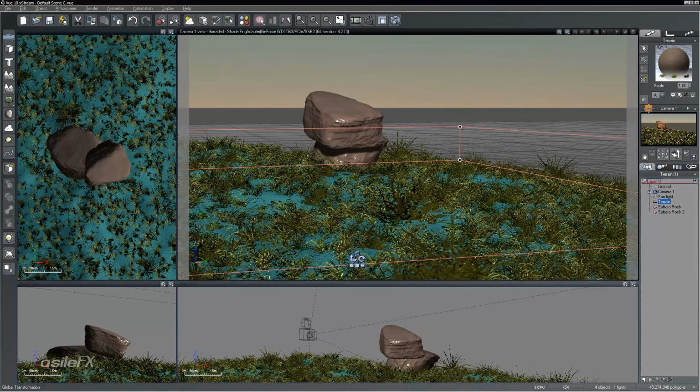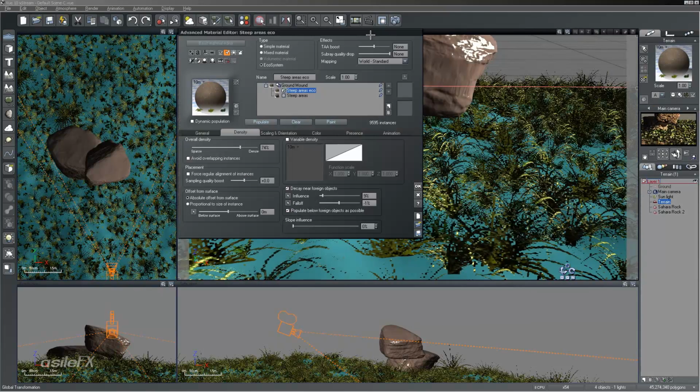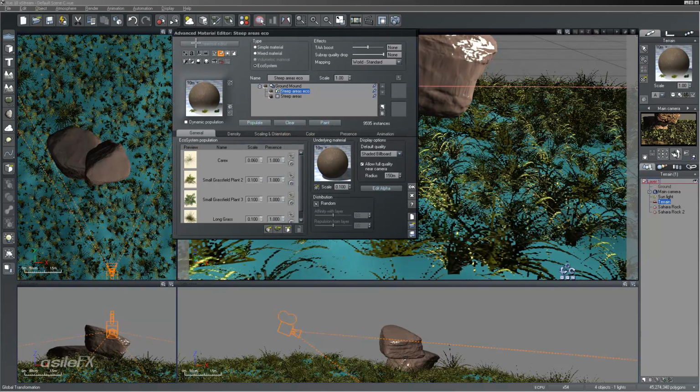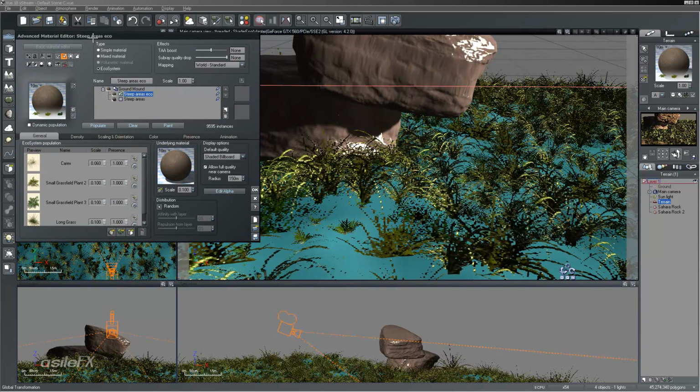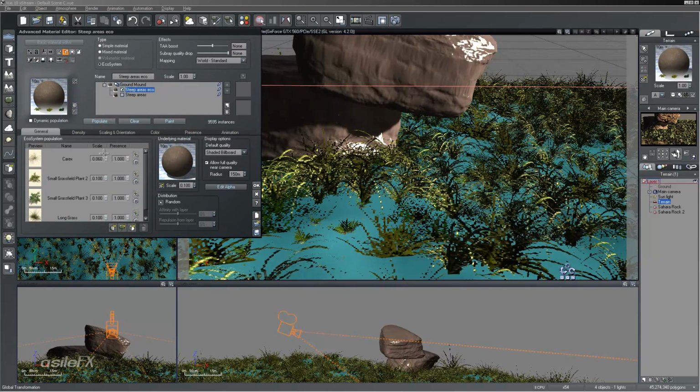Going back to the ecosystem and taking a look in the population list, another option that we have next to scale is the presence. By default, everything is set to 1. So we have an equal presence or equal amount of distribution of this object, depending on the size, because smaller objects will fill in a bit more, typically. What we can do,